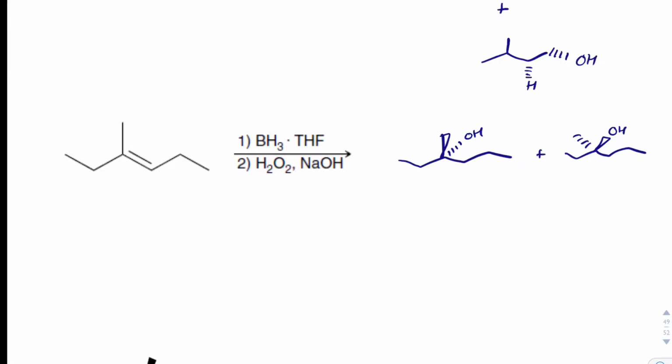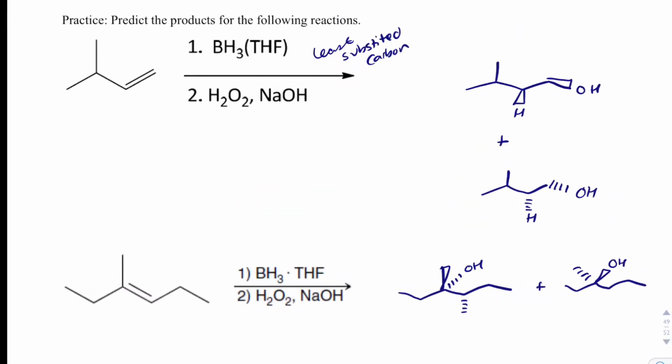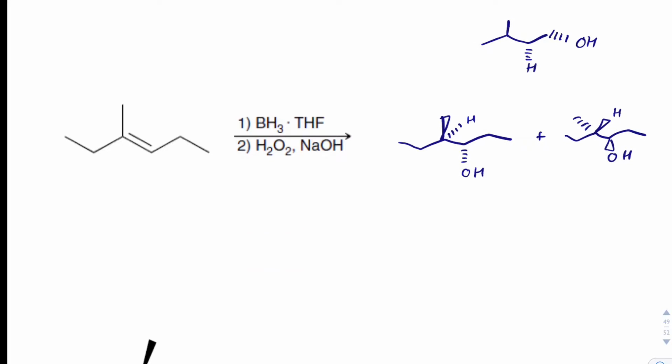And if you were asked, the hydrogen that was added, I just added that to the most substituted, and I needed to add that to the least substituted, so I'm going to fix that really quickly and it'll be just fine. H, OH, H, OH. So those would be the two products that we would get, because this adds to the